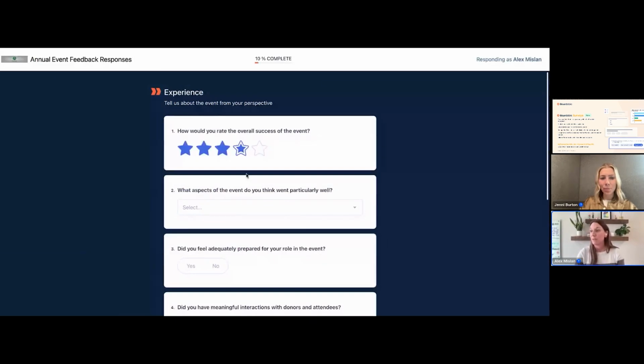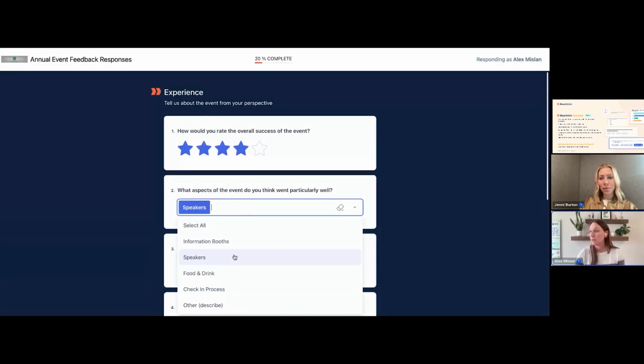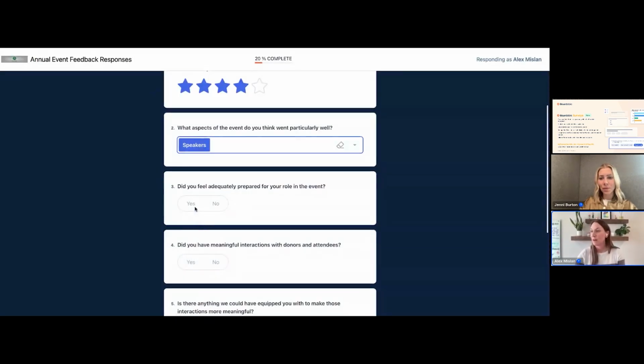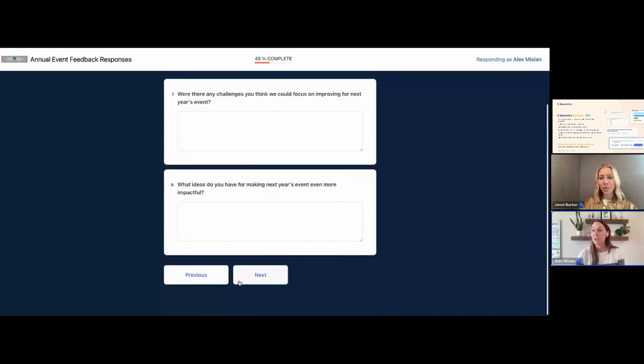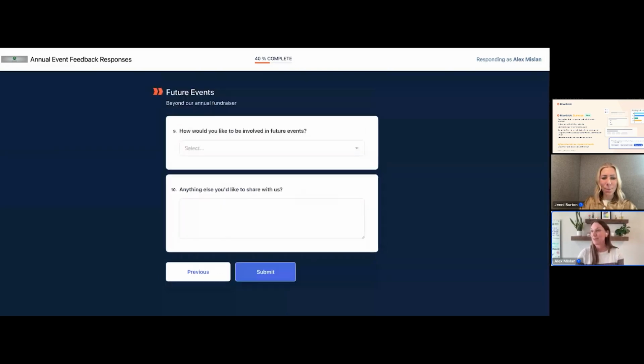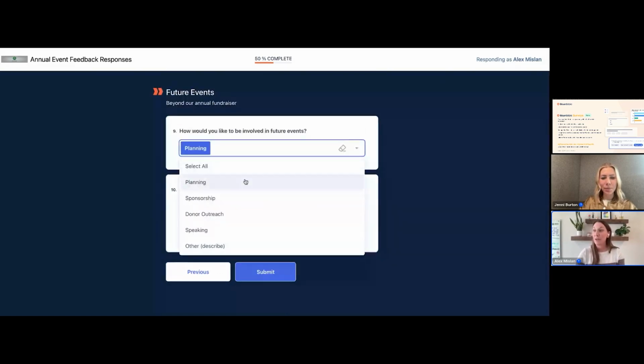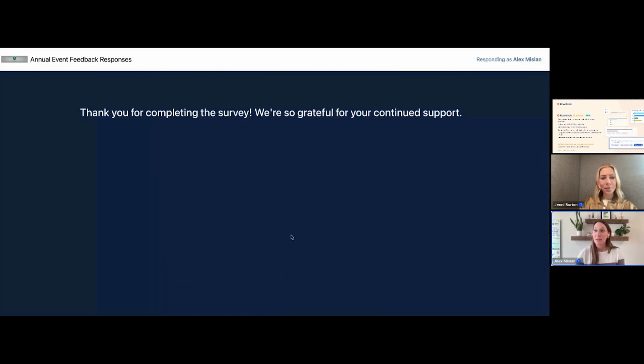I can go through. I can fill out this survey. I've got all of these things that I can put in here, and go through to the point of, I've got different pages here. There's long text, there's short text, there's multi-select. There's a lot of optionality within what you can build within the survey itself. And you can fill all those out. And then I'm going to go ahead and submit. And I get that thank you message here at the end.